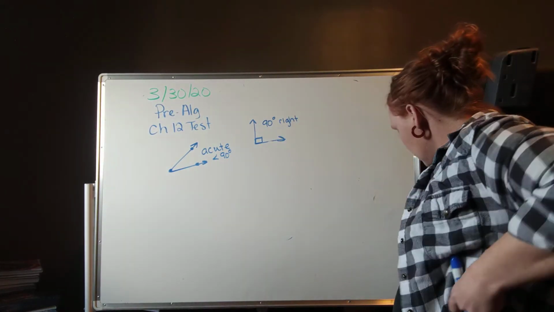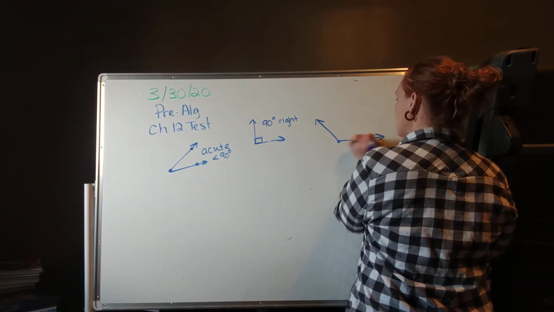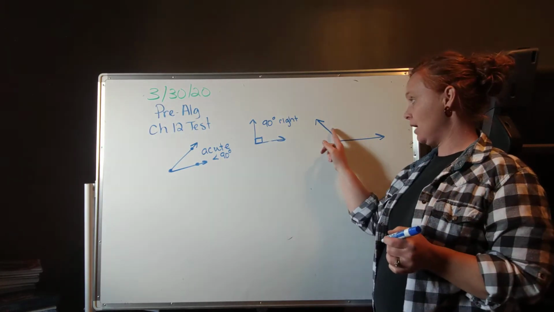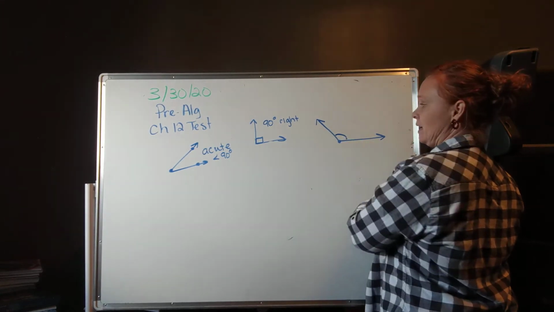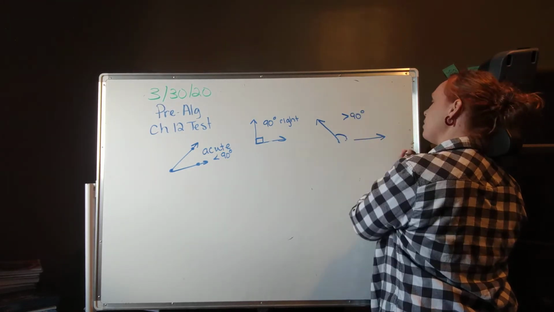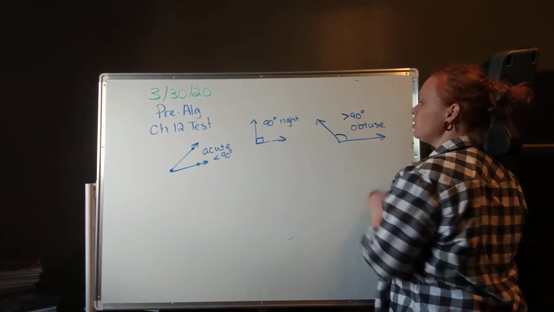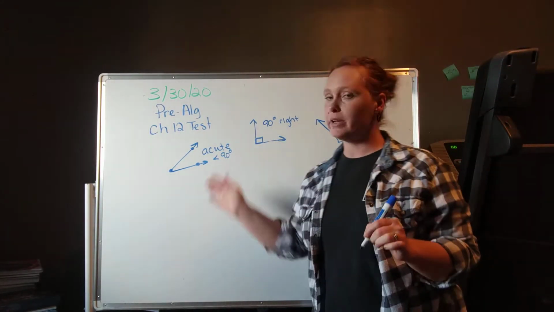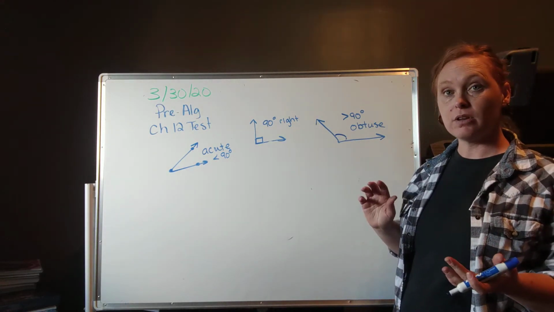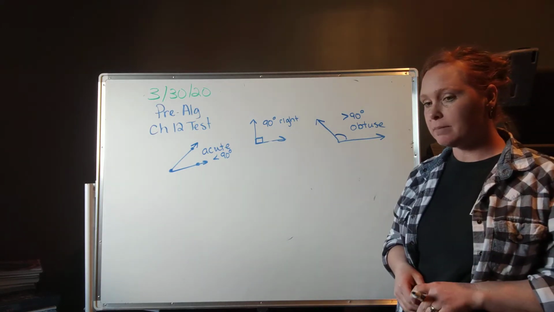Okay? And then if I look at this angle, and I say, wow, I can't make a square out of that angle either. It's bigger, the angle is bigger than 90 degrees, right? So if it's greater than 90 degrees, do you remember what we call this one? Obtuse. It's an obtuse angle. So those are our three different kinds of angles. And these are really important because remember we start to call triangles obtuse triangles, acute triangles, right triangles as we get farther on into the lesson. Okay,